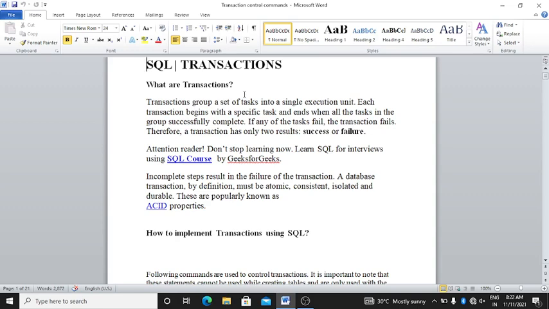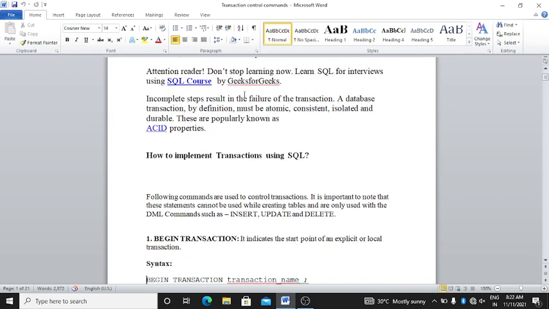A database transaction, by definition, must be atomic, consistent, isolated, and durable. These are popularly known as the ACID properties. Clear? How to implement the transaction using SQL?